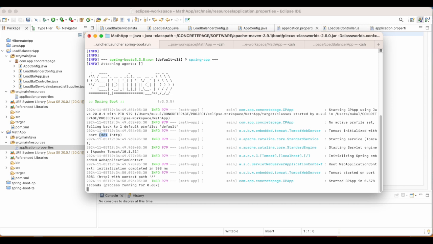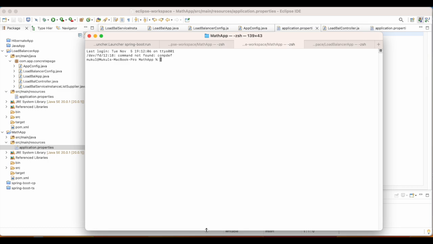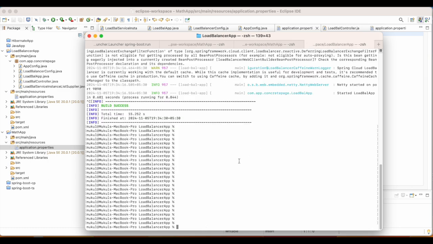Now we have to start two more instances on the 8082 port and 8083 port. For them, I have another command prompt. Basically, we need 4 command prompts, 3 for math app and 1 command prompt for load balancer app.